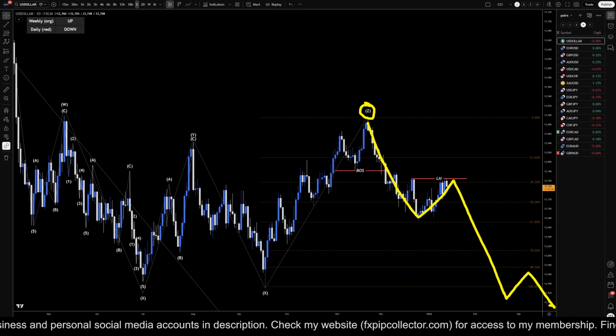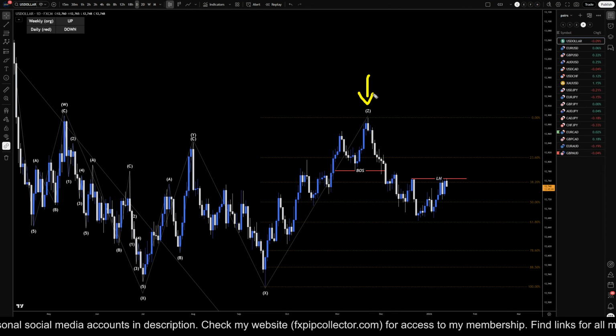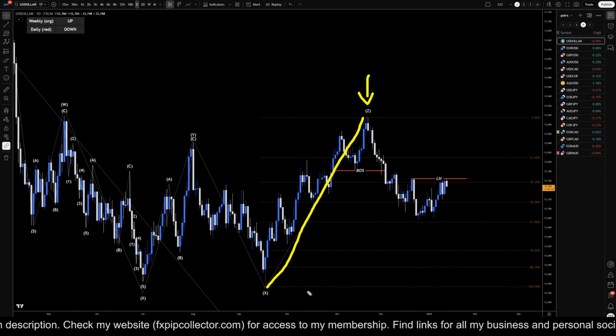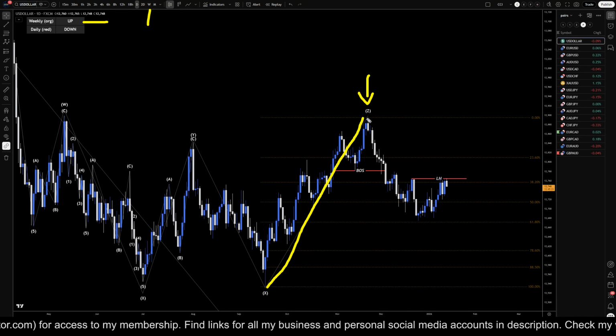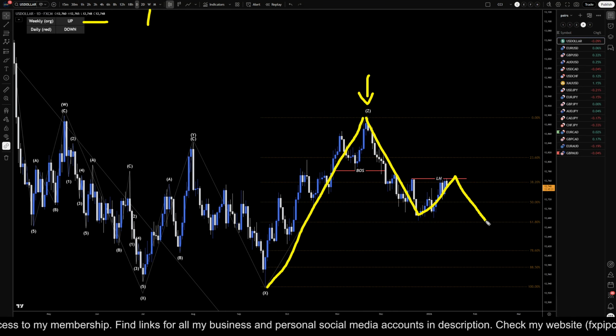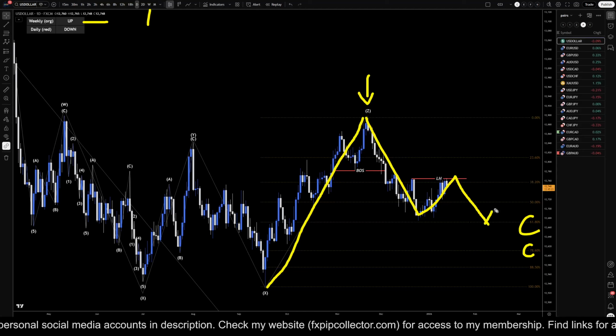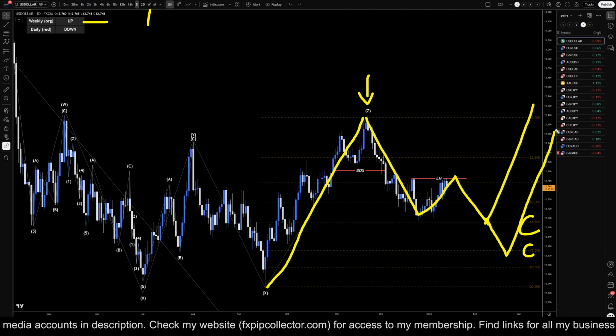impulsive trend. Now, if this right here is not the end of a pullback, but instead we're actually making a pullback to this move up, which I still think is very possible because of the weekly time frame being up now, then instead of doing a 1, 2, 3, it would do a 1, a 2, and then another down, except the third one down would not be a 3, it would instead be a C, potentially going to the 61 or the 78% like this, and then going back up, or possibly like this and going back